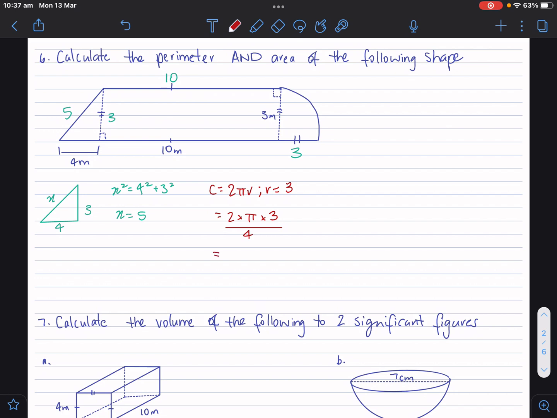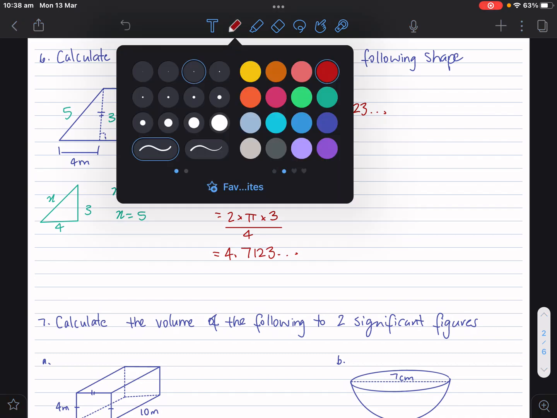2 times pi times 3 divided by 4 gives me 4.7123 dot dot dot. Now, 4.7123 dot dot dot. The perimeter of this shape